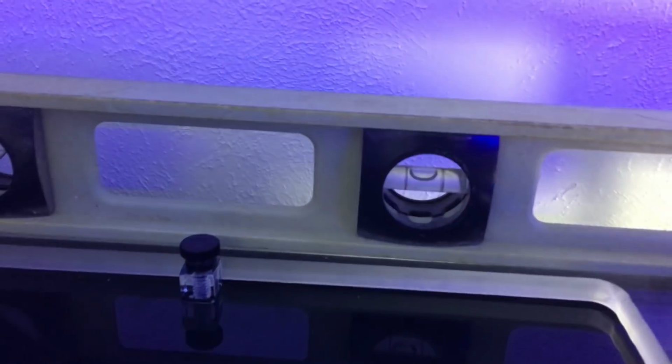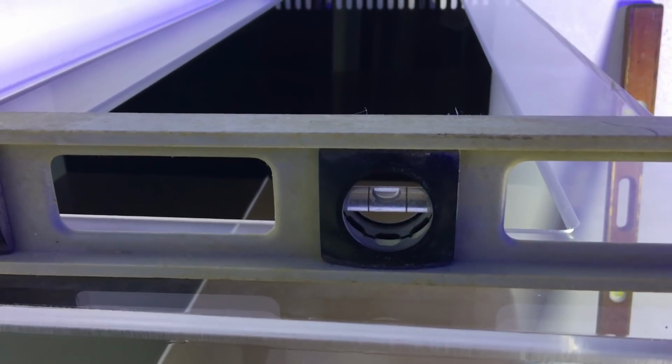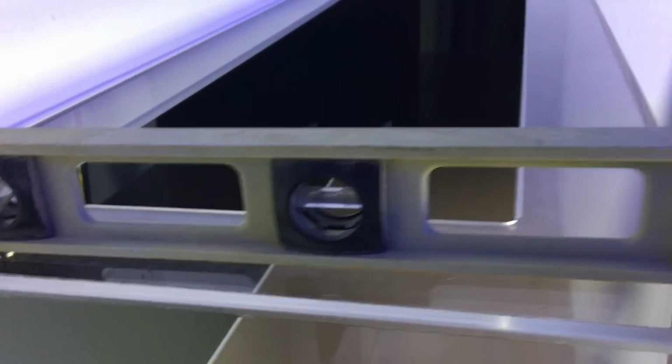It's important to use a full-size level that spans the distance of the tank. If you need a longer one, get a longer one. For shorter areas, you can use a shorter one, but don't use a tiny one for the whole tank. Now, what I did to get this tank level on my uneven concrete, first I did my best to make